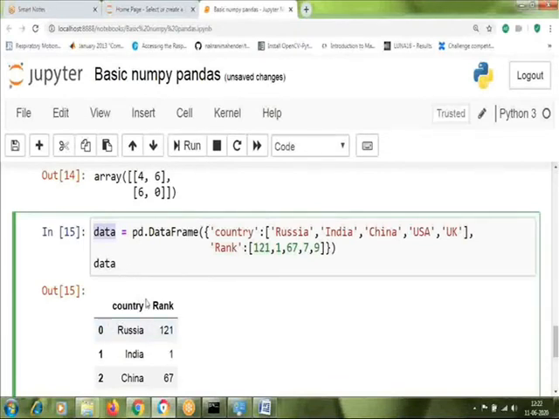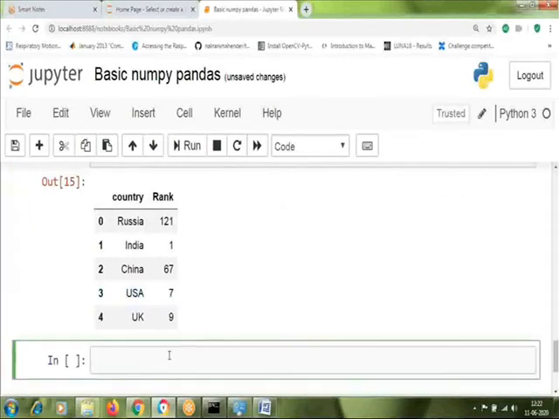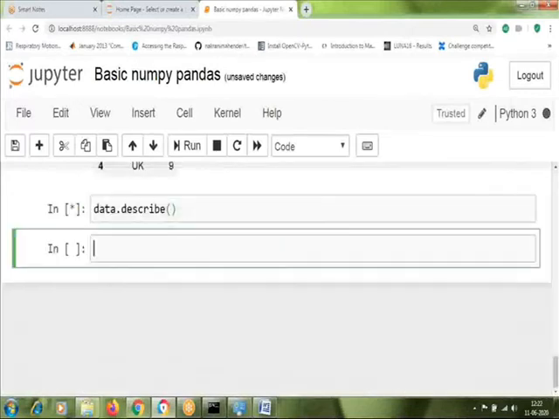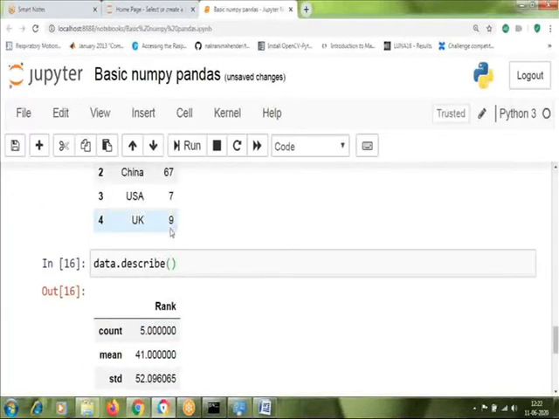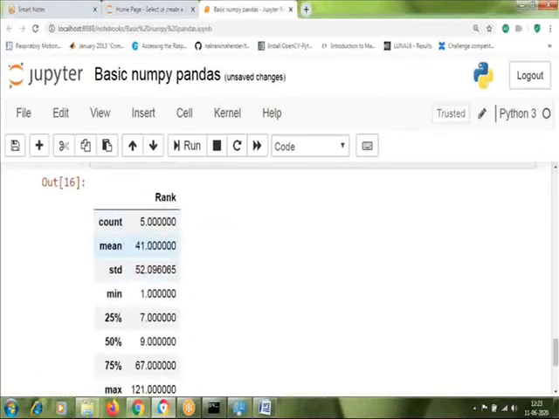Now you can use this data to list out different properties. For example, if you want to get different things from this data set, just use the describe function, and it is going to describe all numerical columns. Here rank is a numerical column, so only the numerical column is described.